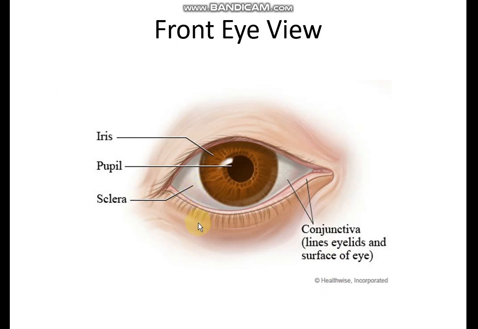Then eyebrows are also visible. I'm sure most of you think that the function of eyebrows is to provide beauty only. No, today you will also learn that the function of eyebrows is to prevent damage to your eyes from dust and dirt particles. Then there are also tears, and the function of tears is to kill the germs. They are a mild antiseptic, they prevent eye infection. Okay, this is about the front eye view. So you have to identify different parts and learn the function of each part.